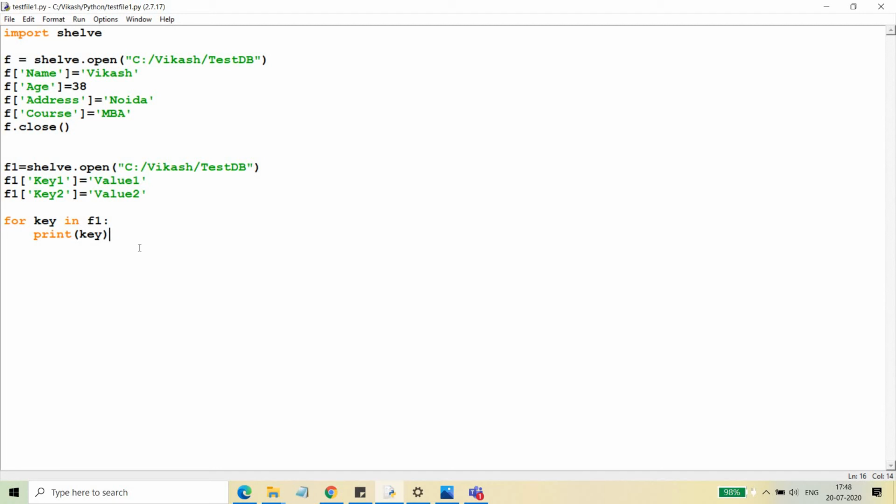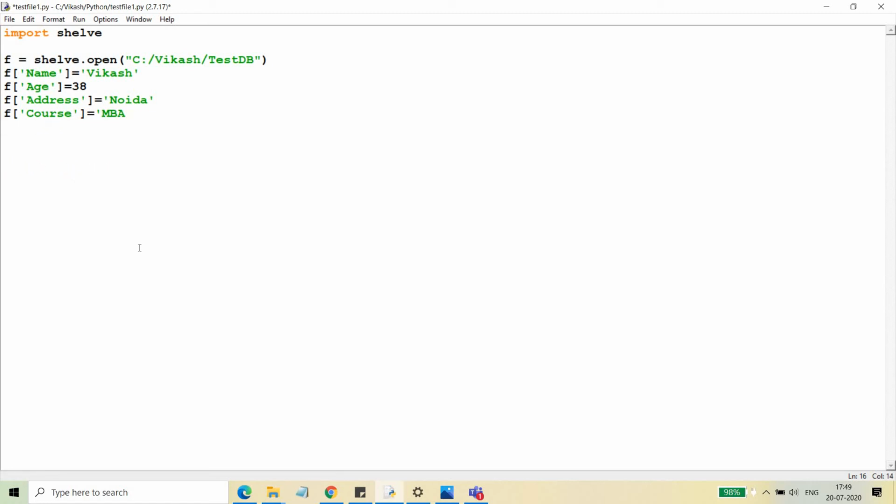The values will be loaded, where the keys will be read from the shelf as and when needed, right? So this is the better option in case you have a large structured data where key value pairs kind of things are there, right? Let's do one more exercise with the shelves.